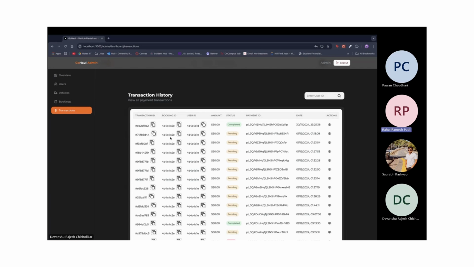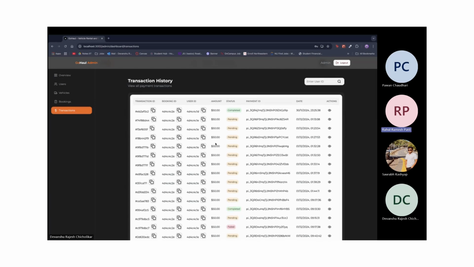So now let's move on to the admin dashboard transaction section, where we manage and view all the transactions in the system. On the screen, we can see the list of transactions, each with detailed information about the user, booking ID, and the transaction status. Next to the user ID and transaction ID, we have a copy icon. This functionality has been implemented using the Fugu project API, which provides seamless and efficient clipboard support for copying and sharing data. So let me demonstrate how this works. We can click on it to copy,